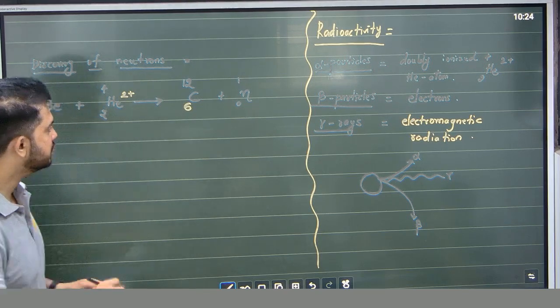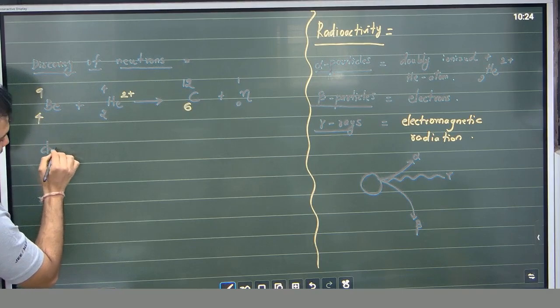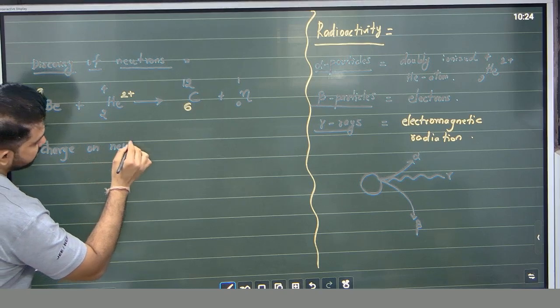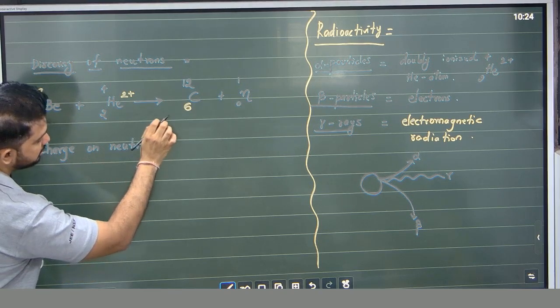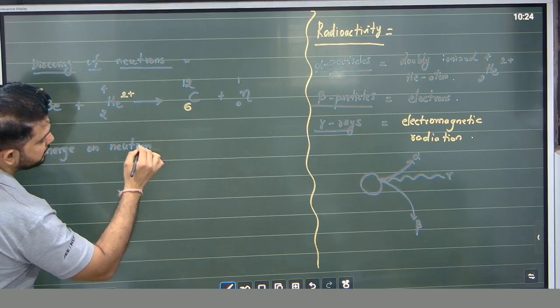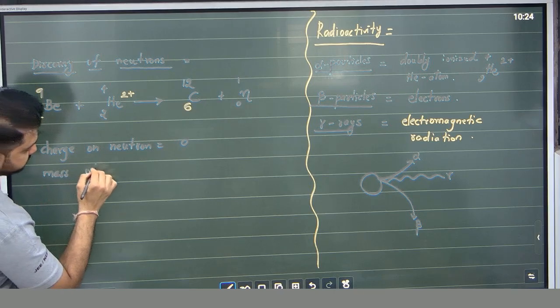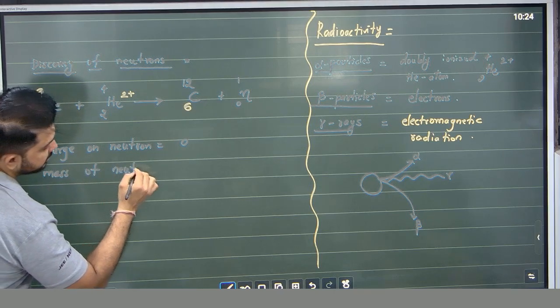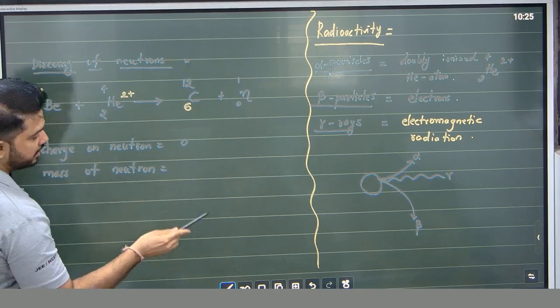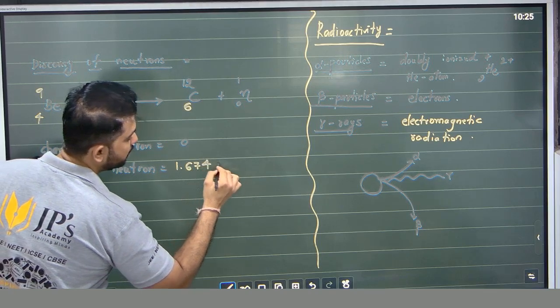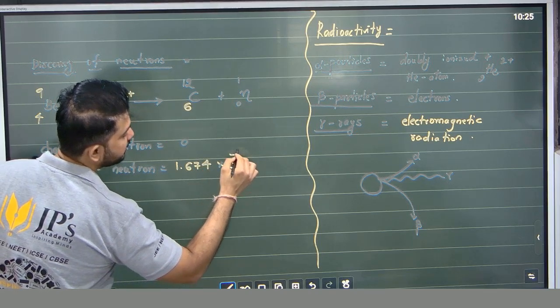So what's the charge on neutron? It is neutral. So what will the charge be, people? But what's the mass of neutron? 1.674 into 10 raised to minus 27